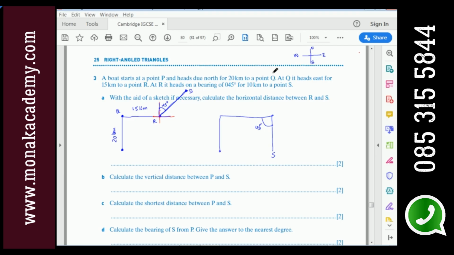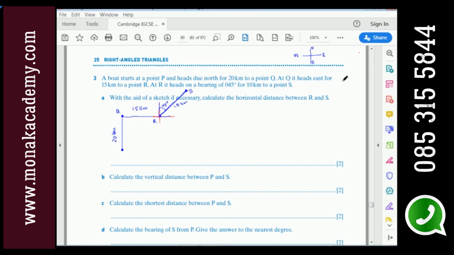Okay. So anyway, there is our graph. That's the correct graph there. And you see, once you have the graph, things become just straightforward. Anyway, the last number is here. It's 10 kilometers. All right. So that's our... Now, first question is... calculate the vertical distance between P and S. For A was just asked to draw. Yeah,